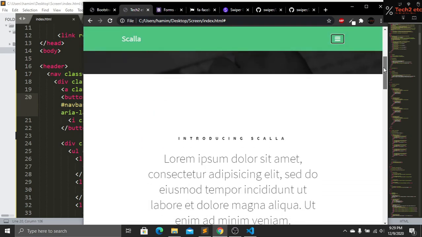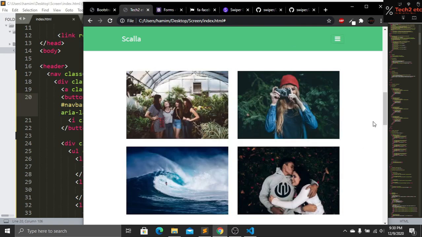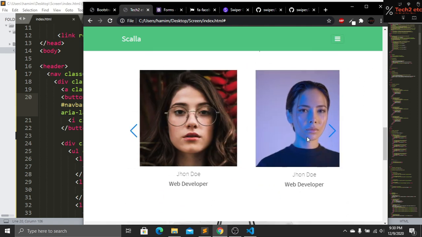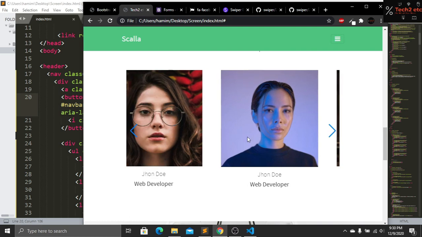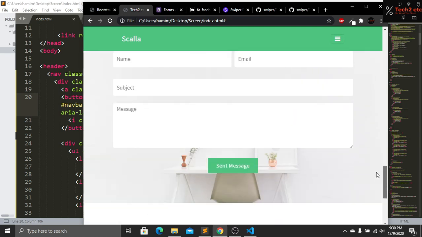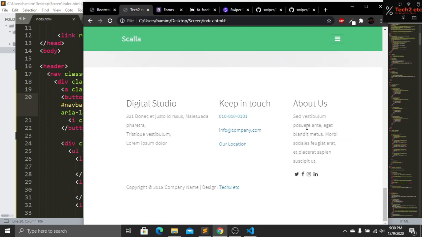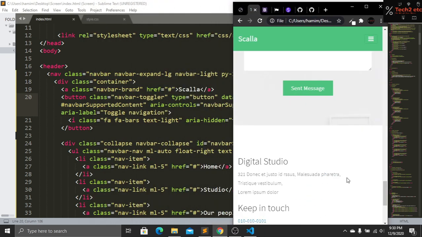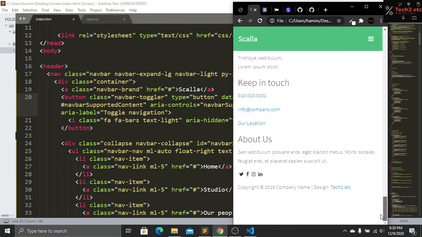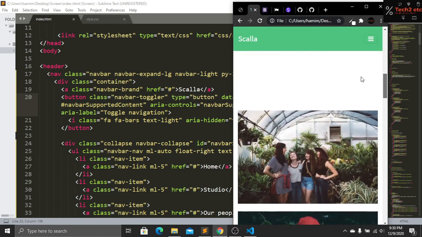If we now scroll down, you can see that we have our text here, and this gallery is also looking beautiful. Here we have our slider, and this is also looking beautiful. And here we have our contact section and a parallax background, and we have our footer, and this is also looking beautiful. If we now decrease our screen size and go to our small screen device, yeah, this is our small screen device, and it is also looking beautiful here,